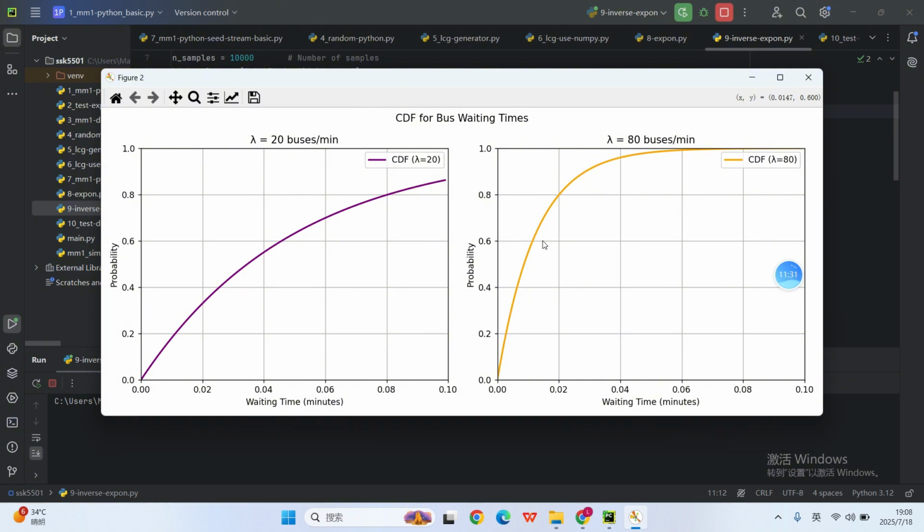The histogram and the PDF in figure 1 allow us to compare the simulated data to the exponential distribution. As expected, the waiting times for the data with more passengers have shorter waiting times at a higher bus rate. The CDF in figure 2